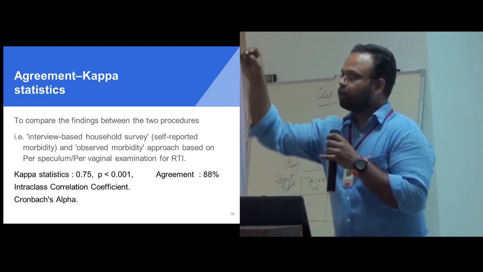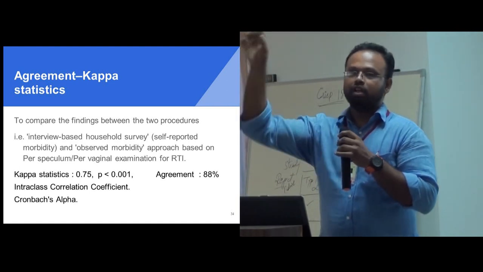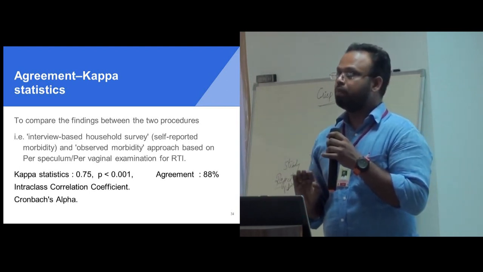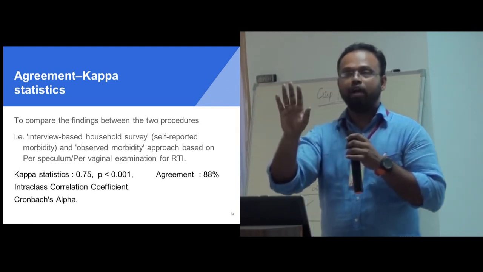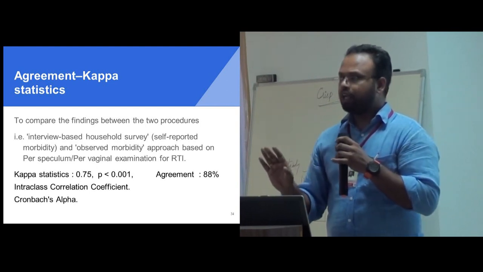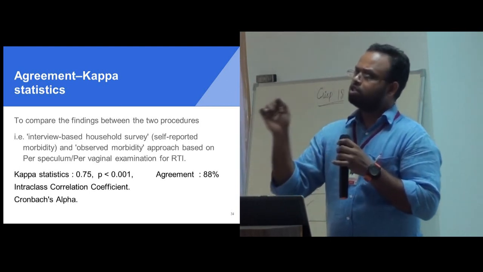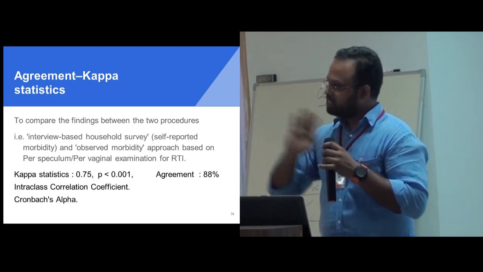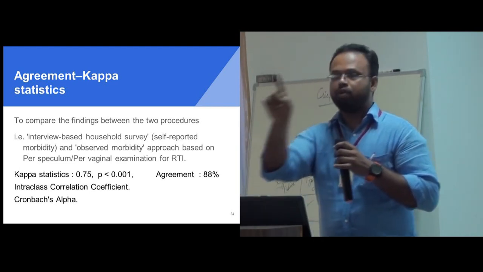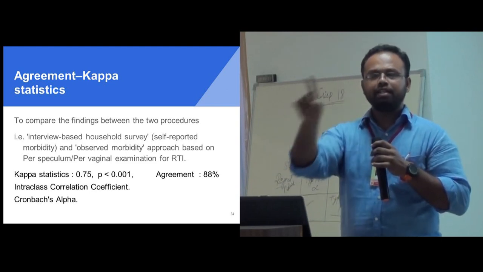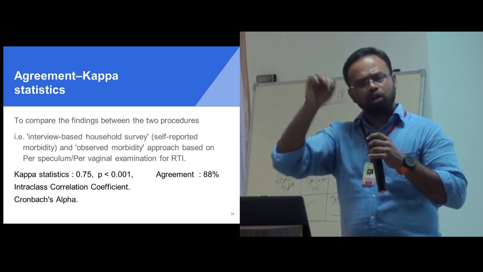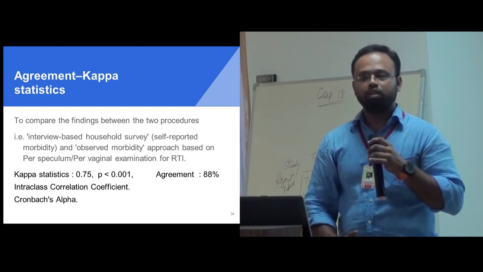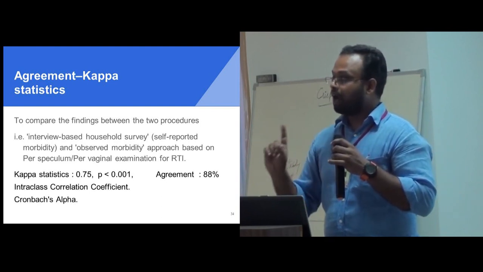It is the same: you remove that before and after, you replace it with clinician and pathologist, then that will become a kappa statistic. You are not getting a p-value here. You will get a value between 0 and 1, where 0 is completely disagreeing. If I say no, you will say yes. If I say yes, you will say no. That means your kappa agreement value will be 0, completely disagreeing. Whenever I say yes, you are also saying yes. Whenever I say no, you are also saying no, there is no contradiction. Then your kappa statistic will become 1. So this is the kappa statistic for level of agreement.